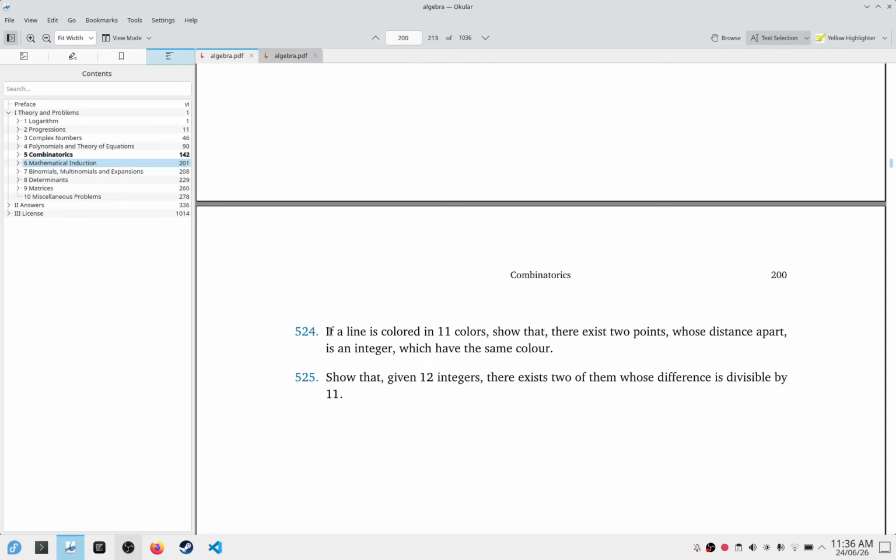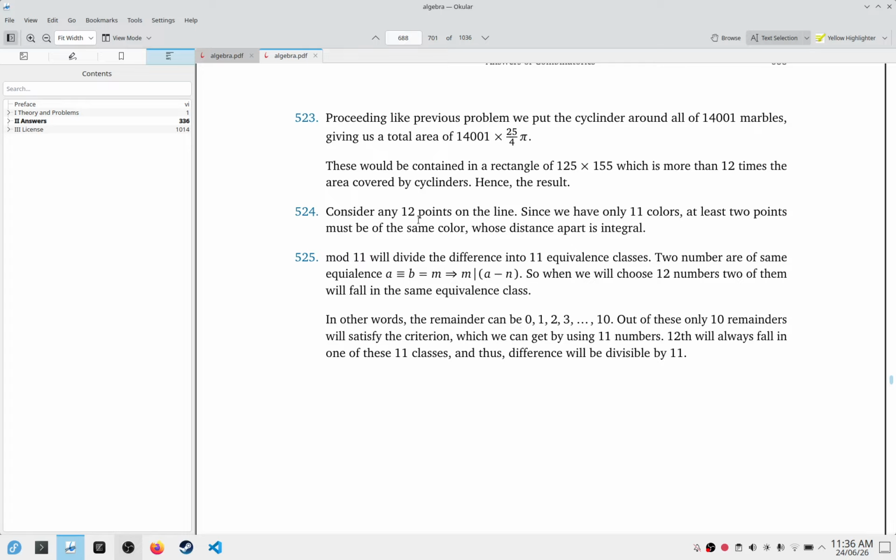Question 524 says that if a line is colored in 11 colors, then there exist 2 points whose distance apart is an integer which have the same color. So we consider any 12 points on the line. Since we can have only 11 colors, at least 2 points must be of the same color